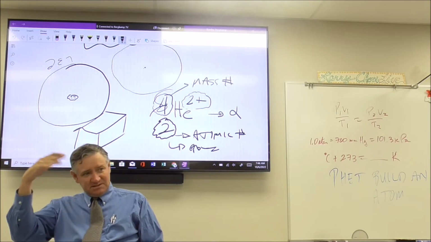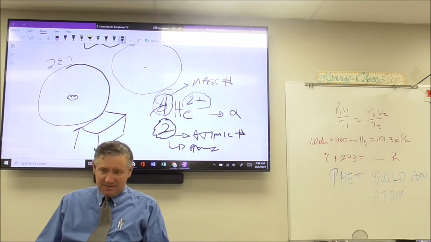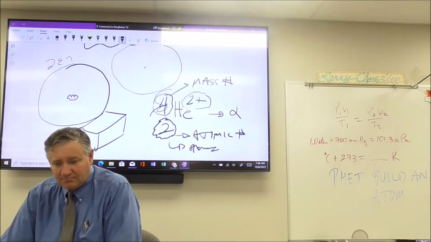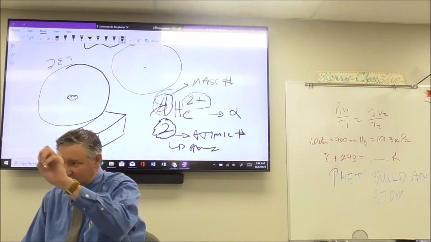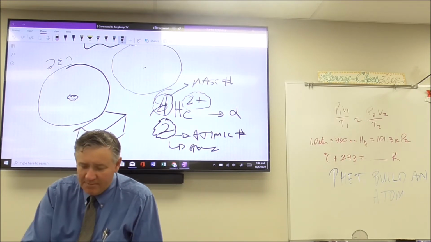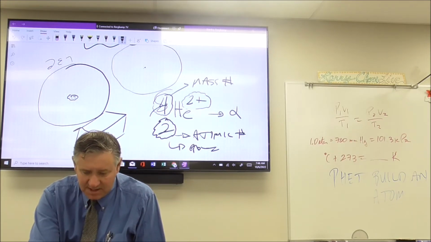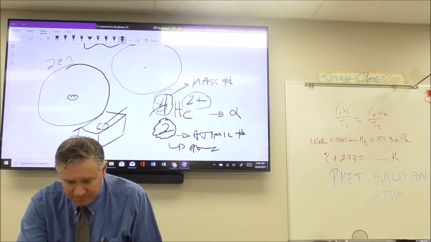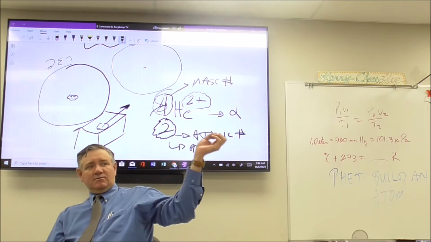But it's cool because it's lighter than air and it doesn't react with anything. So that's why you use it in balloons. A typical helium atom is going to have 2 protons, 2 neutrons, 2 electrons. So what happens in this radioactive decay is that this big massive nucleus splits apart and it kicks out what